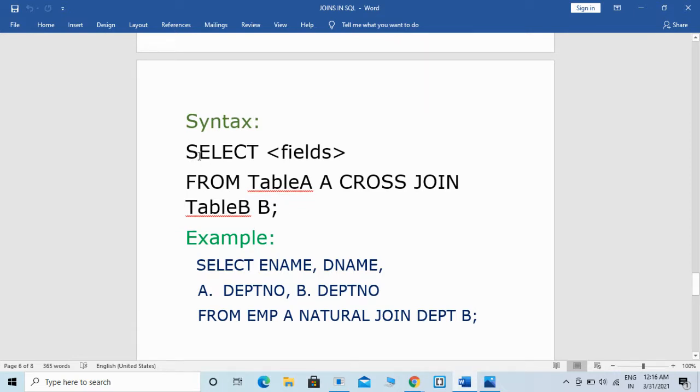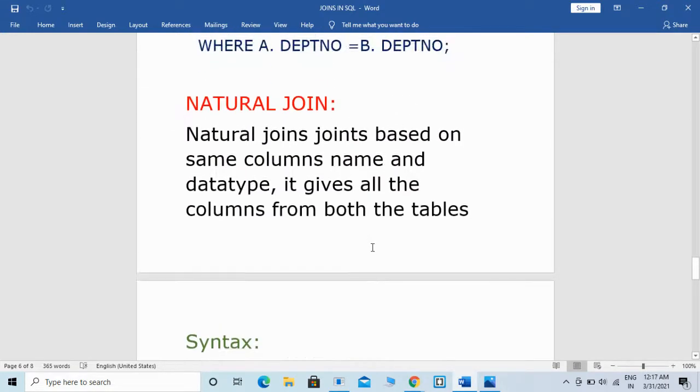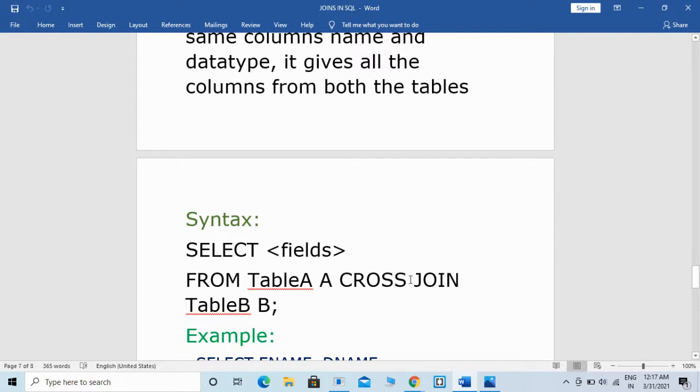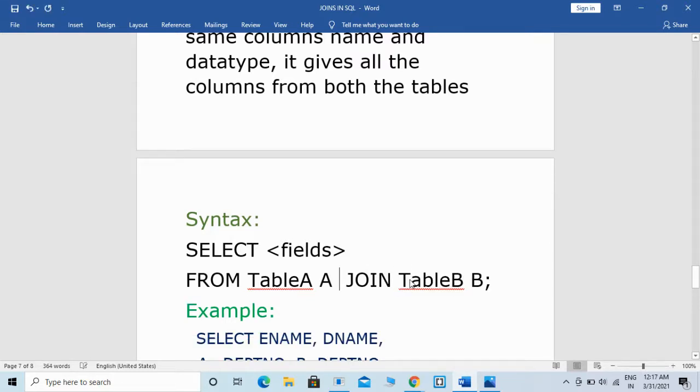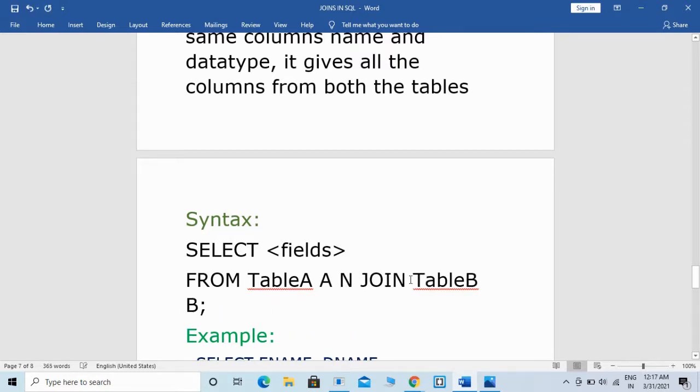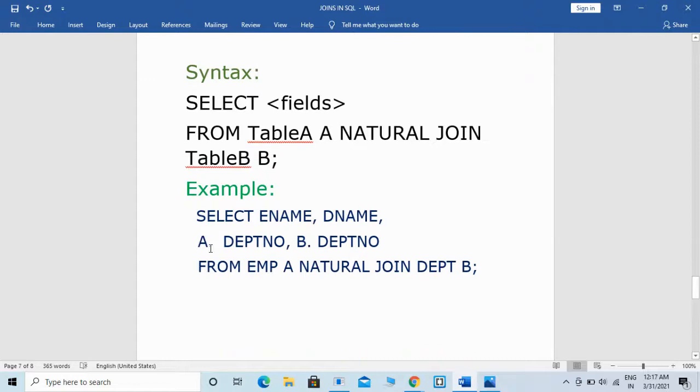Select fields from table A natural join table B. And here is the example for that.